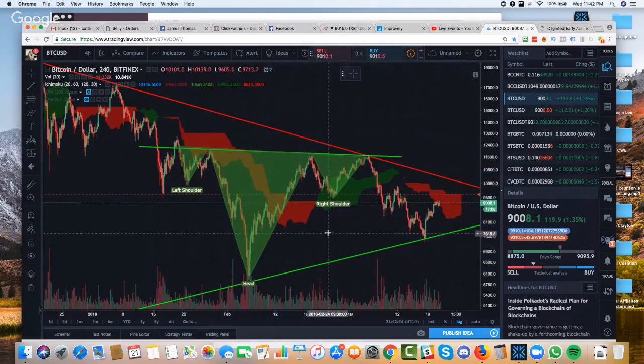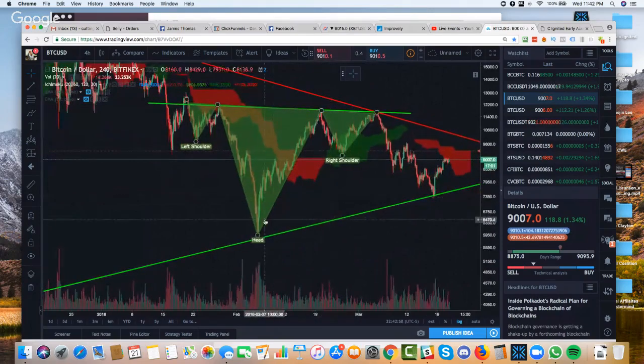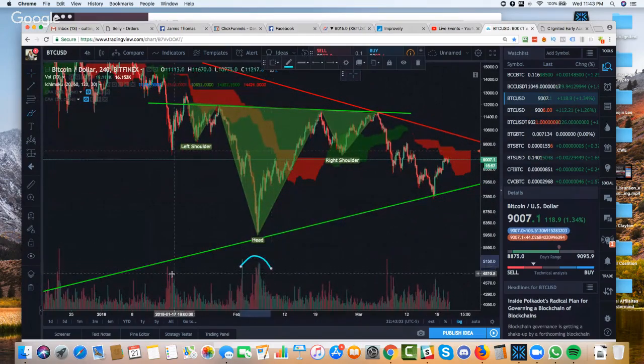All right, so that's what we had there, right? So that was an inverse head and shoulders pattern. The volume looked good on it. So for the volume, you really just need to see most of the volume at the head, and then less volume on the left shoulder and less volume on the right shoulder. Okay, actually, that wasn't correct. It would have been right